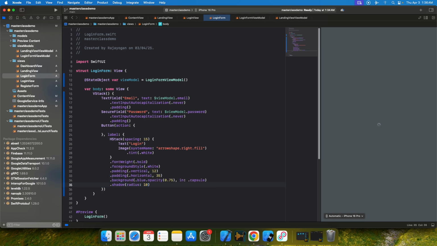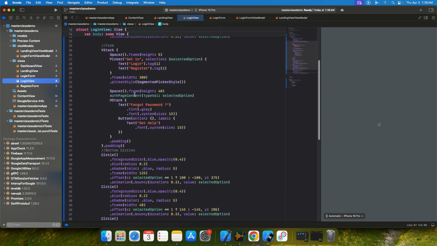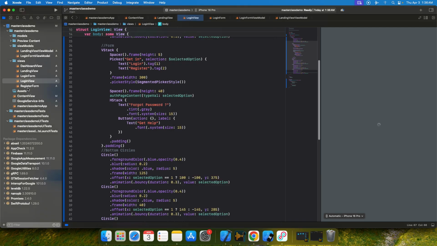Fine. Now we have the login form created. Let's just go ahead, and we have already injected this form inside our login view here, right? Yeah. So we just need a register form which would look somewhat similar to this login form. So what we could do is we could just go ahead and copy and paste most of the stuff from